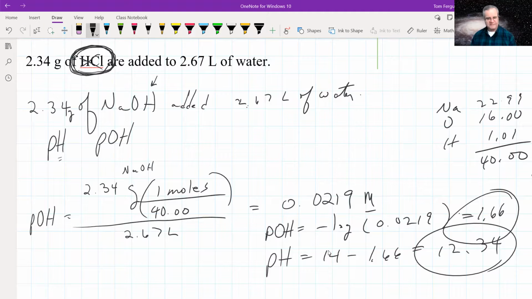Okay, so those are typical acid and base problems. You can get a little more involved by adding 2 acids together and finding the resulting pH. And I've given you lots and lots of practice problems, lots. Those are under modules, and I strongly suggest you go through some of these because there are some of these problems on the final. Okay, and that's basically it for our quarter, our semester. I'm used to working at schools on the quarter system. You should be going into Chem 400 fairly well prepared. So